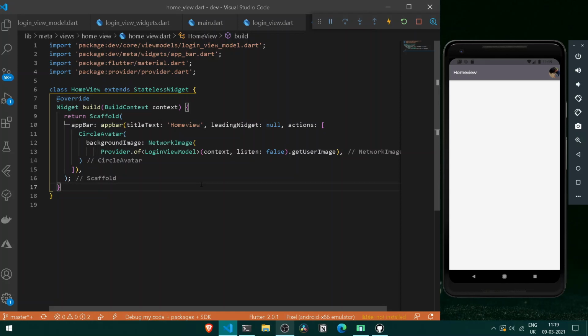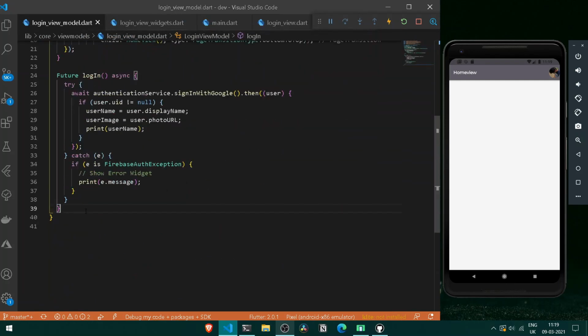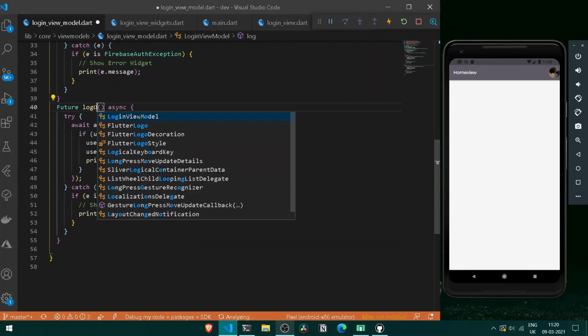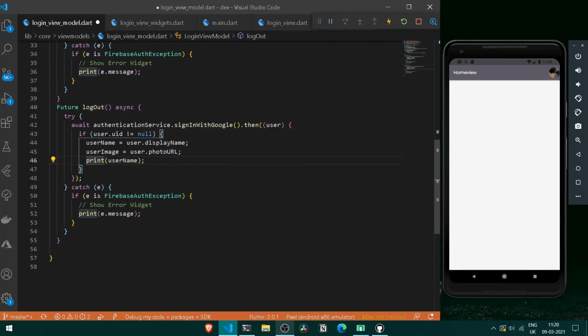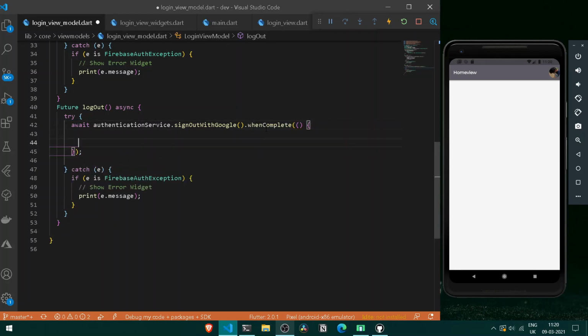So now once the following thing is done, let's also do one thing, go back under our login view model, and here let's create one more method for simply signing out. For that purpose, I can copy the following method, paste it here, but here I will be simply writing logout, and here I shall be simply doing one thing, that is signing out with Google, and here I shall be removing the following thing off, and here I shall be simply writing whenComplete, and when the following process of signing out shall be completed, we shall now simply navigate to our next screen.